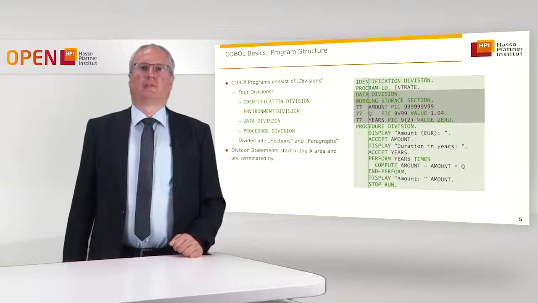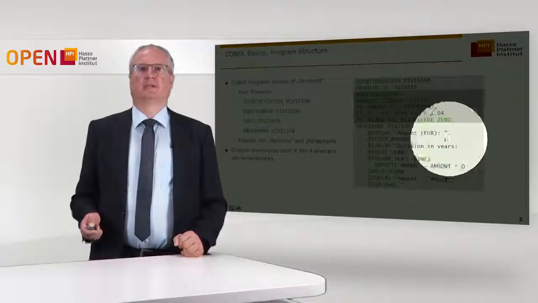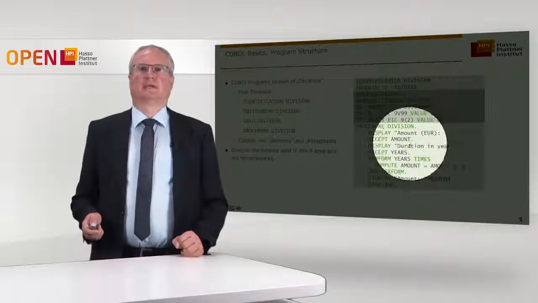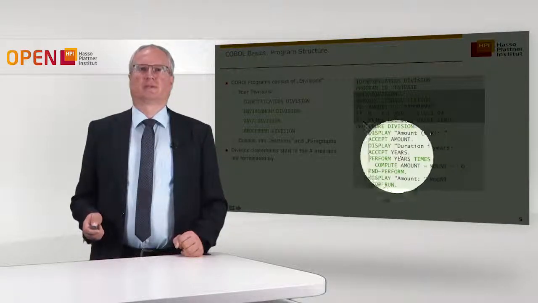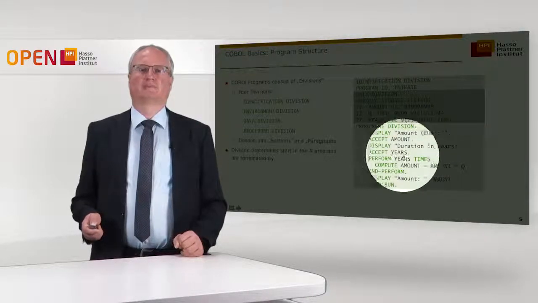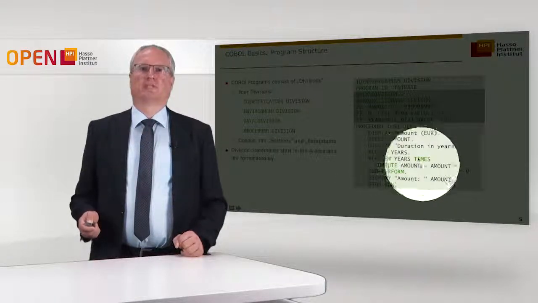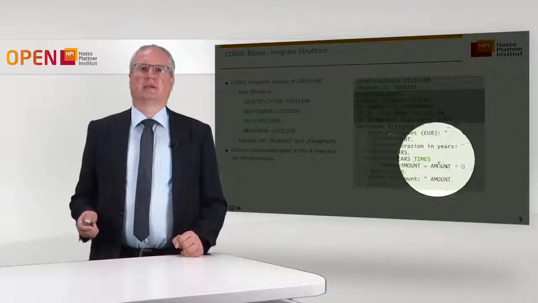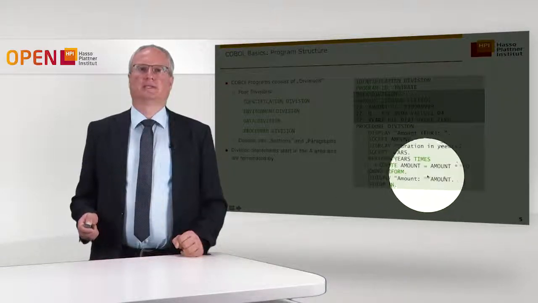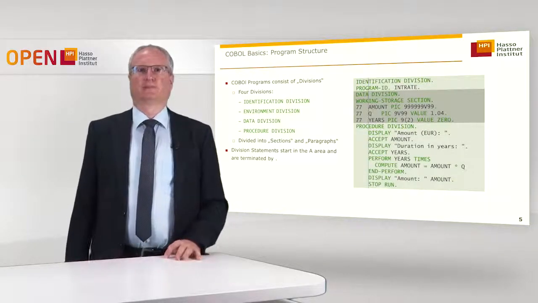Okay. So this program basically does the following. It displays, so this is a write instruction, a text on the screen that the user should enter the amount. And it asks for a duration, and the user needs to enter the duration. The accept statement reads an input of the user from the console. And then there's a loop indicated by perform. The loop runs for the number of years and adds the interest on the amount, and at the end it displays what amount the user has after some years of investment.